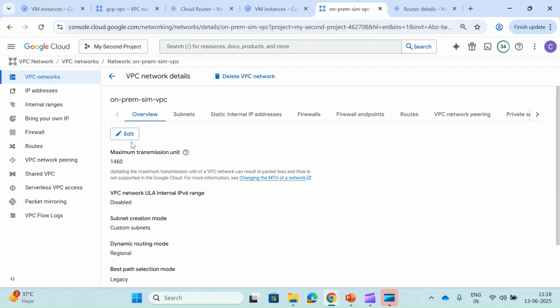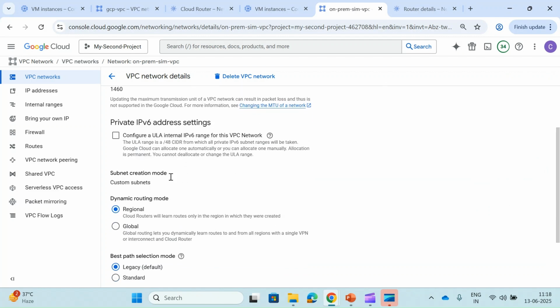If you don't know summarization, just check over the internet. Like if you move many subnets, don't just go and click on edit and do the global thing. It can break your cloud router. There's a quota limit. If you exceed the quota, your cloud router will start dropping the traffic. I will cover that later on, but I'm just telling you up front because this is something you have to check with your network team.